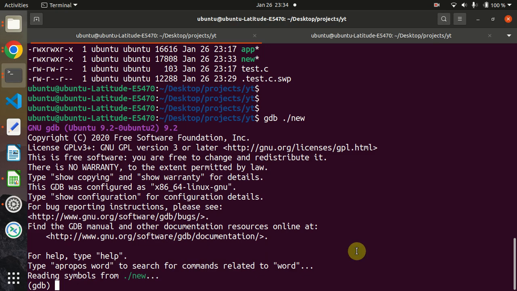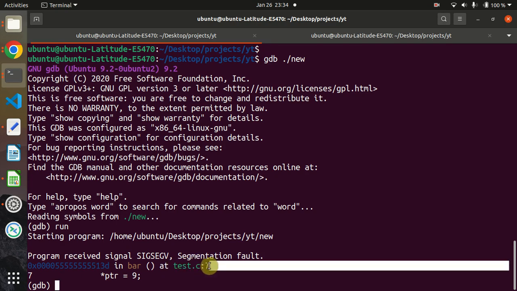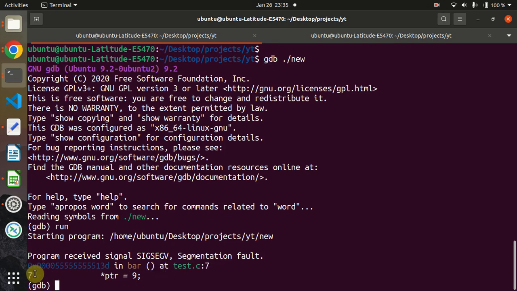So again I will type run to run this binary, because we know we are getting a segmentation fault, so GDB will automatically take us to the location of the segmentation fault and it will stop there. Okay, and after typing run I will press enter. Here, it has taken us to this function again, bar, but now it is giving us extra information, like in test.c line number 7. So at line number 7, this is the statement which is causing the segmentation fault